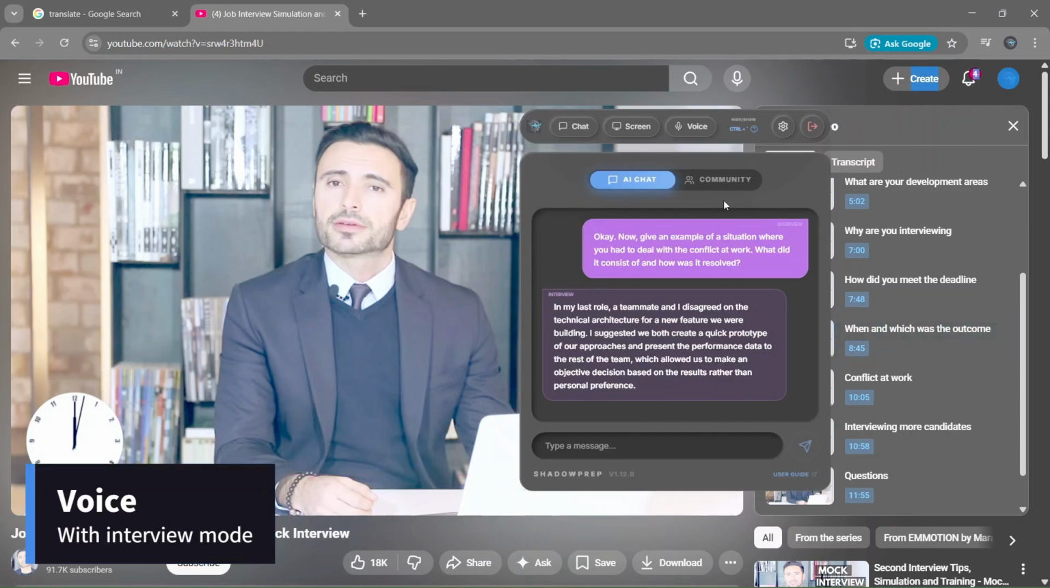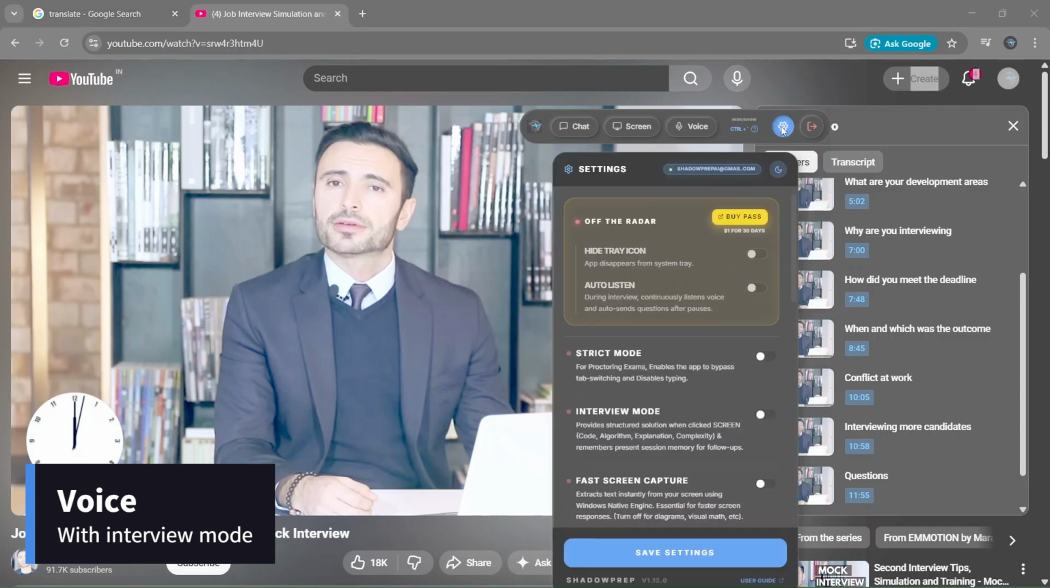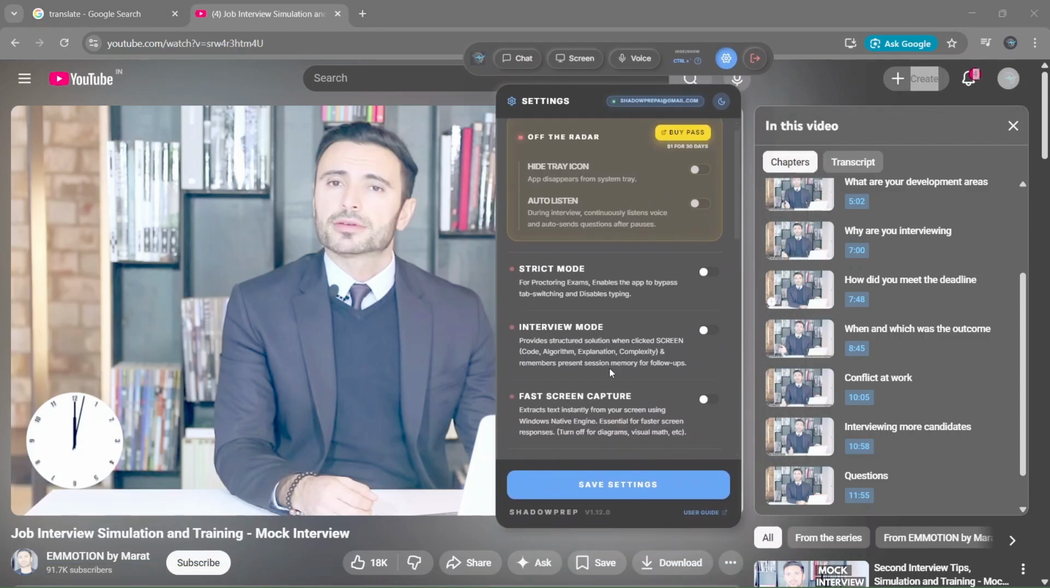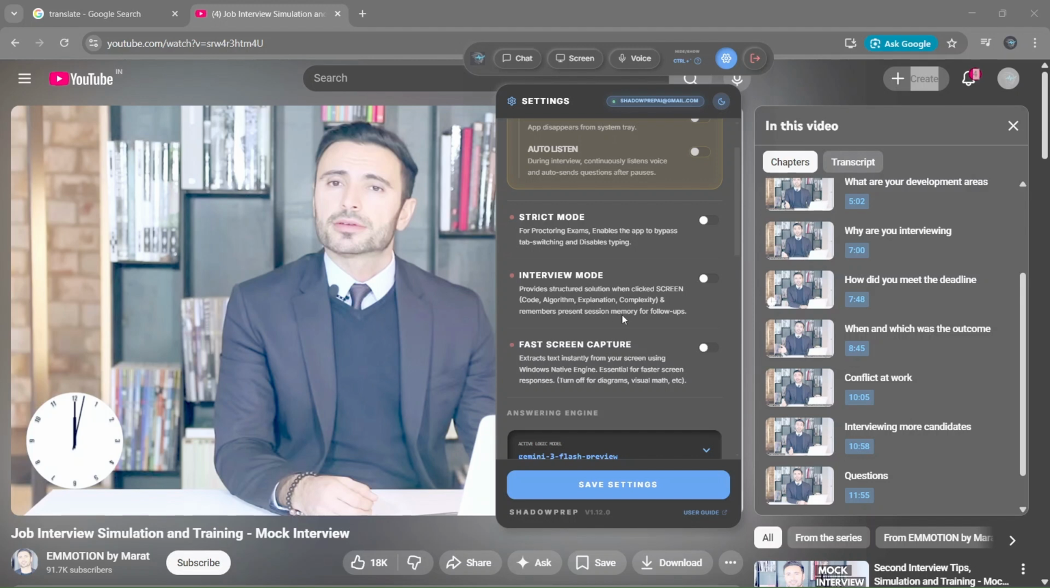Interview mode can be enabled from the settings. When this mode is turned on, ShadowPrep remembers the recent chat history and previously analyzed screen content, allowing it to respond more effectively to